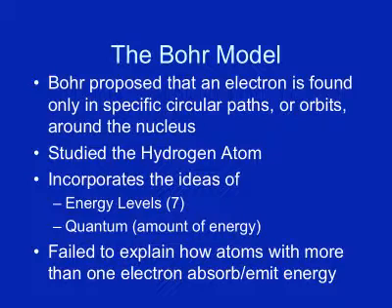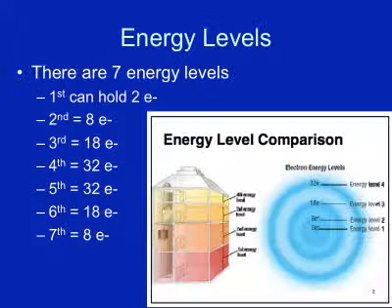Okay, so I just told you that there are 7 energy levels, right? Okay, how many rows are on the periodic table? So everybody look up there and count. How many rows? 7. 7 energy levels, 7 rows. Coincidence? I think not. Okay, then if you look at the energy levels, the first can hold 2, the second